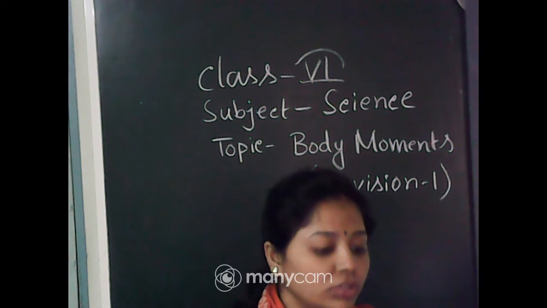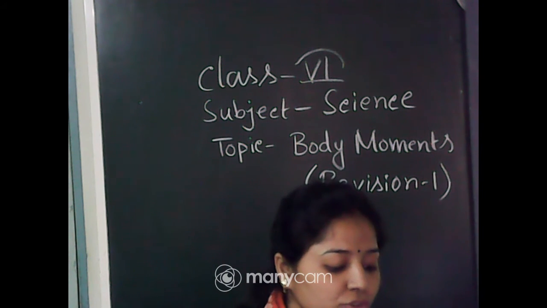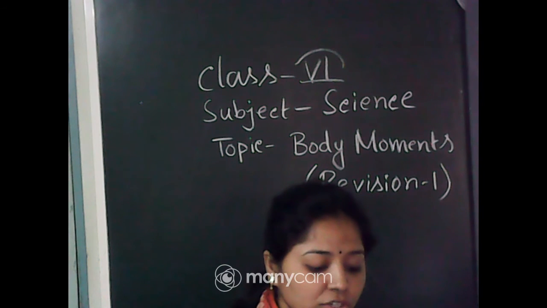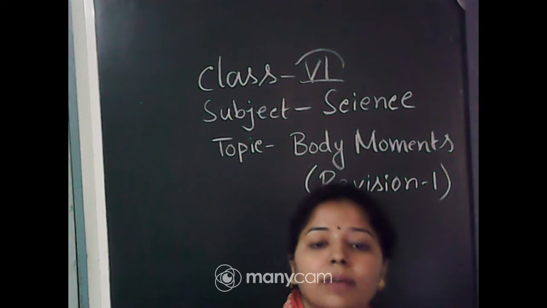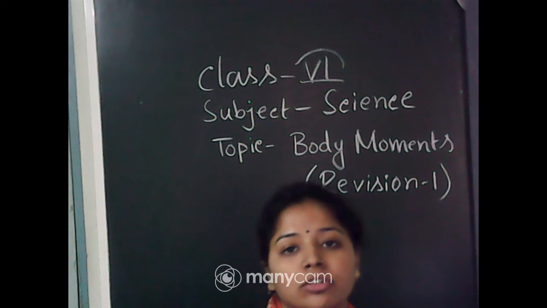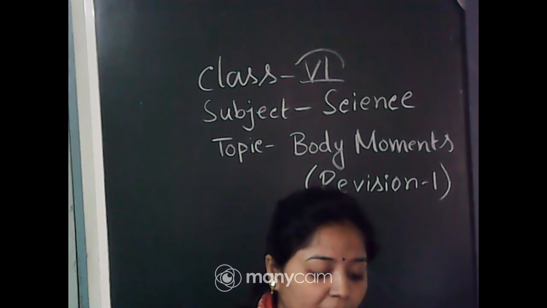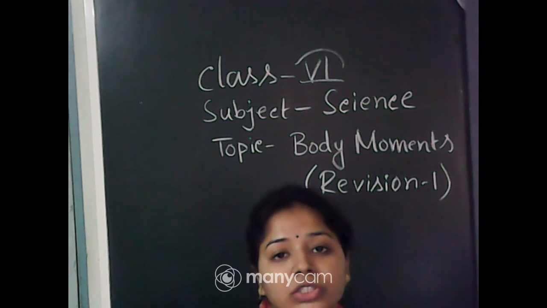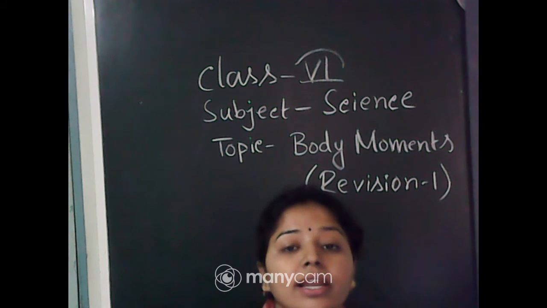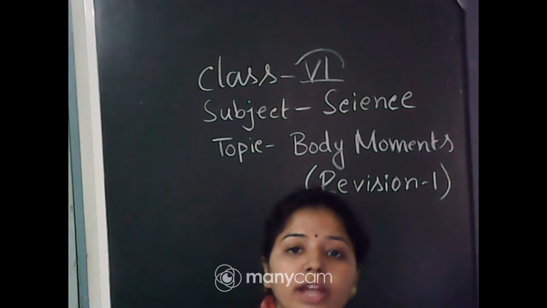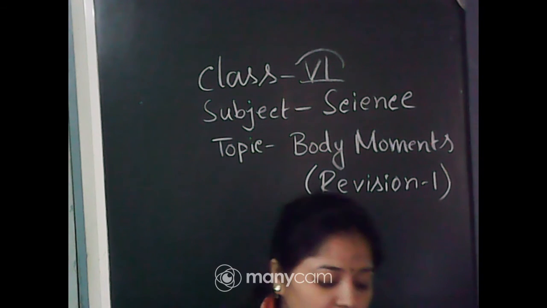Okay, very good. Now comes to hinge joint. What is this hinge joint? Hinge joints means there is only movement that takes place in one plane, means the movement along the back and forth direction. Okay, so only in back and forth direction the movement takes place. Such type of joints can be found in our knees or elbows. Okay, so our knee joint and elbow joint are examples of hinge joint,